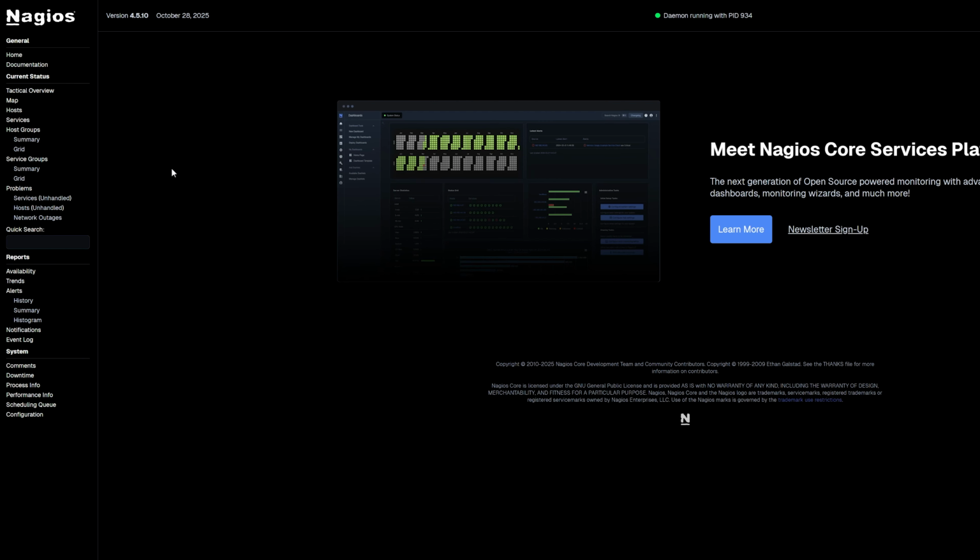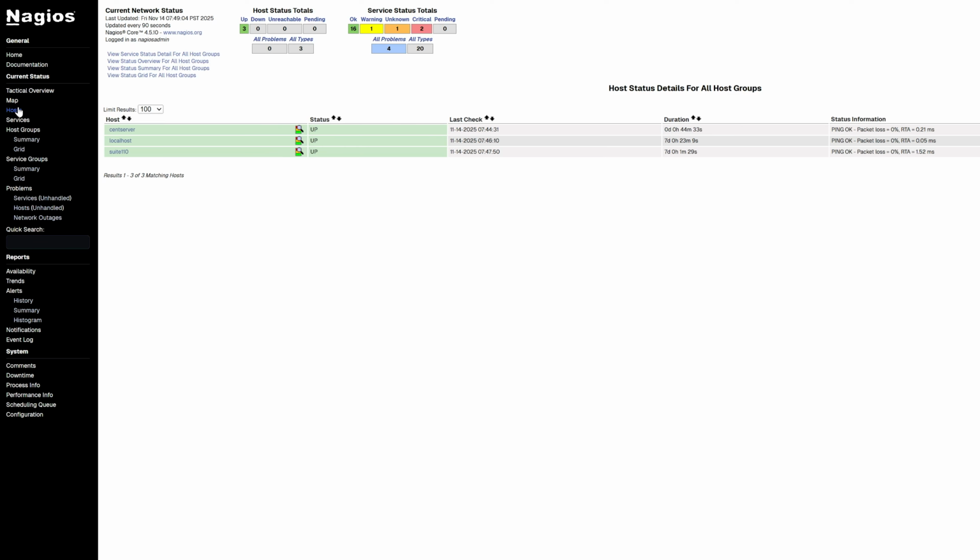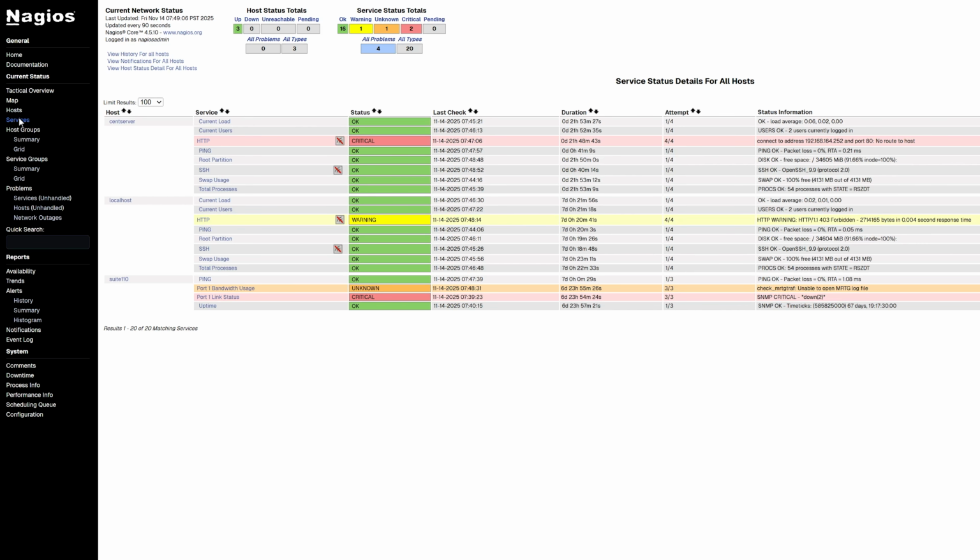Now, if the automatic process didn't work for you, there are ways you can manually move your configuration files from Nagios Core to Nagios XI, then run a prep tool in order for those files to work in the Nagios XI infrastructure. Here you can see I have the same Nagios Core instance with the same hosts and services, and